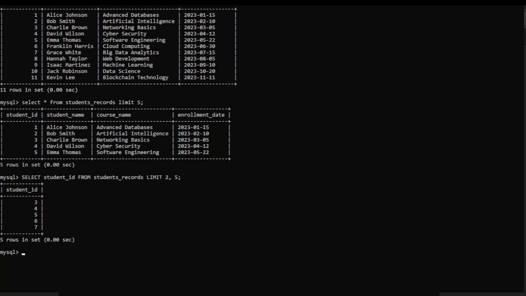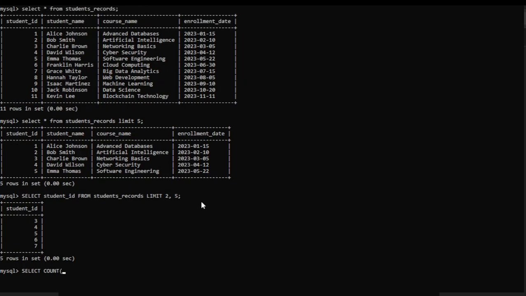So we shall move forward to the SQL aggregate functions, and within here we shall see functions such as average, count, maximum, minimum, sum. So we shall maybe start with count. This returns the total number of rows, all non-null values in a column. So we will select count, the total number of students, student name,